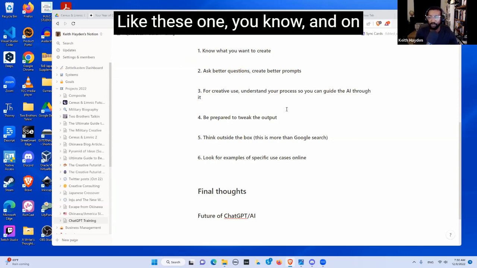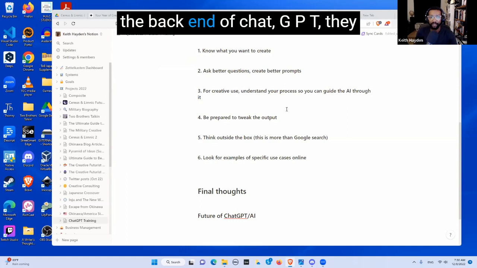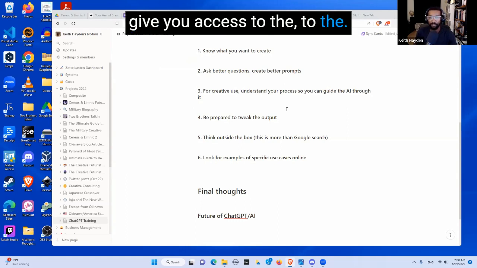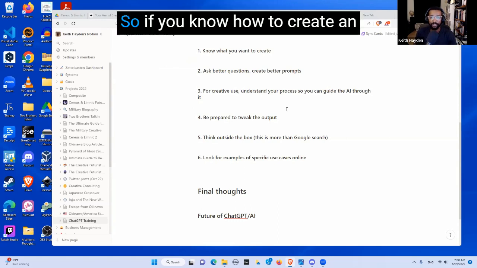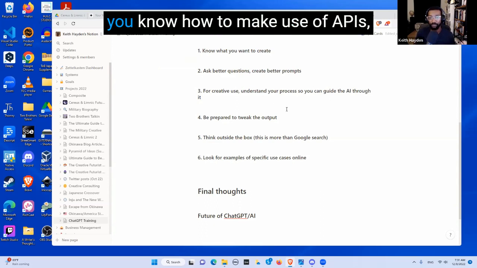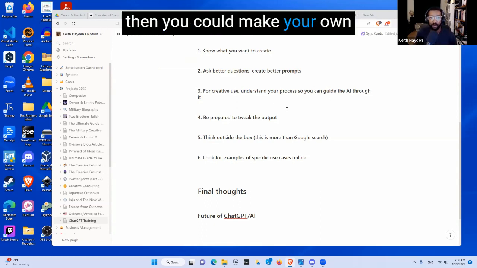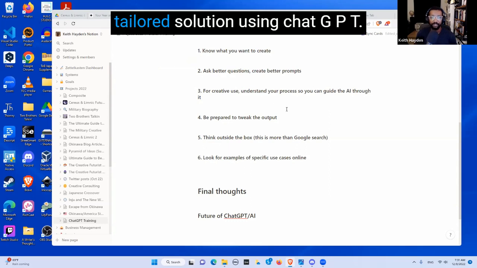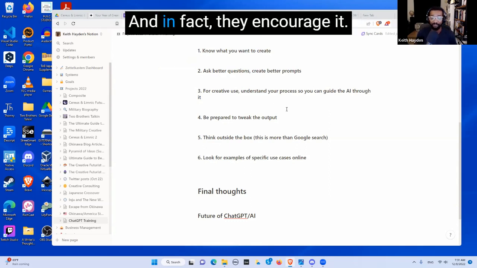Like these, and on the back end of ChatGPT, they give you access to the API. So if you know how to create an app, I'm not savvy enough to create an app or something, and you know how to make use of APIs, then you could make your own tailored solution using ChatGPT. And in fact, they encourage it.